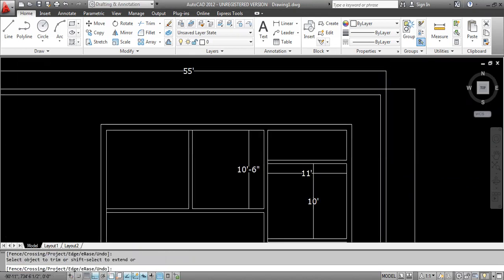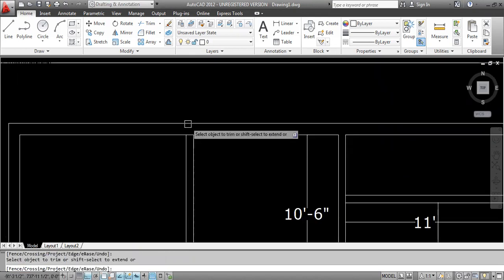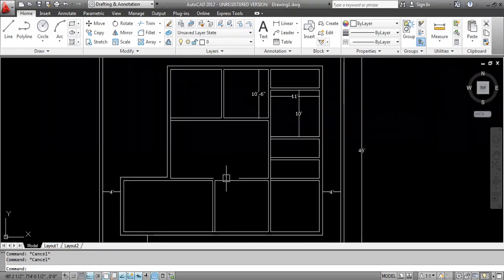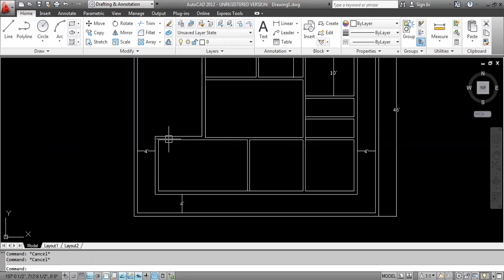Now here I will give one shape. Like in the previous drawing where we used chamfer to make the cross line, now I am using the fillet command over here.